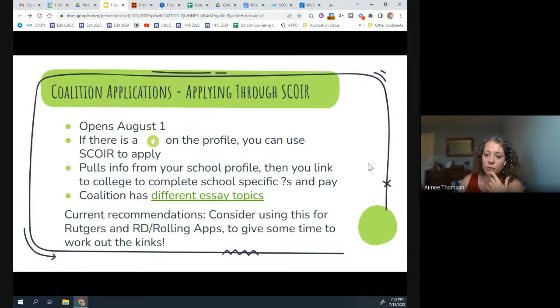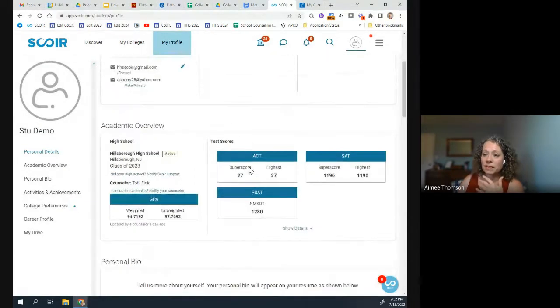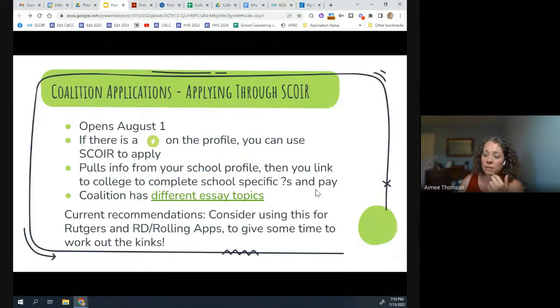I can tell you it will pull some information from your profile section here, and it will pre-populate information into the application. So it's going to pull some of this stuff in there, so you'll need to make sure some of these things are accurate so that it pulls them into your application. So that might save you some work.